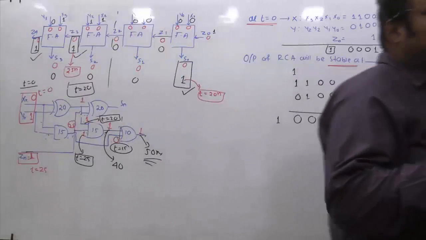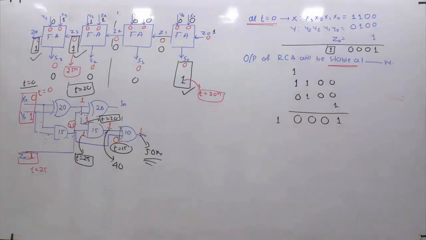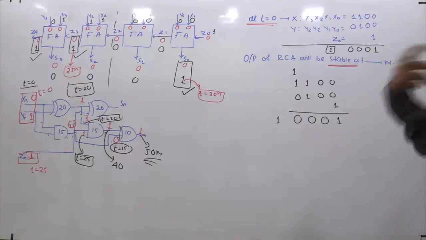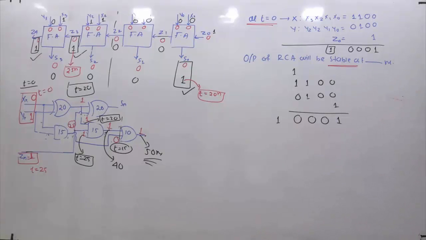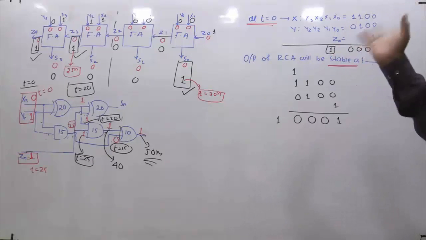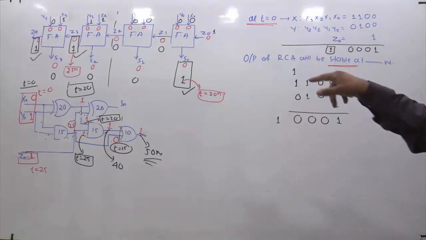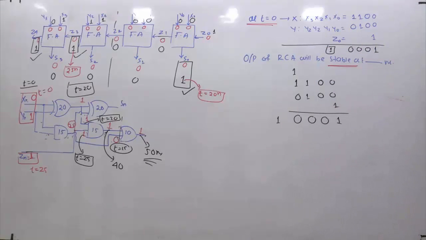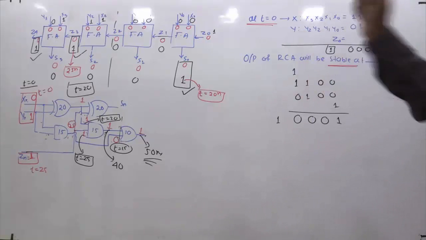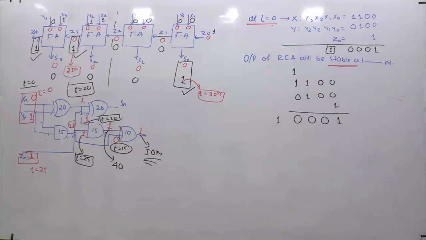Think these solutions coolly. If you listen to what I explained, you'll automatically get what things we are actually targeting, right? The only major thing is somebody should think like we are not supposed to give the worst case propagation delay answers, rather I am supposed to give the corresponding stable state. So I am observing how many changes are happening. So 3 changes are happening basically, right? And I am checking at what time these 3 changes are happening. So like this happened at 20, that at 25, and that at 50. So the answer is that after 50 nanoseconds this circuit is in stable state, or I am going to get the final output corresponding to the new set of inputs which I applied at t equal to 0. Answer is 50 for this.